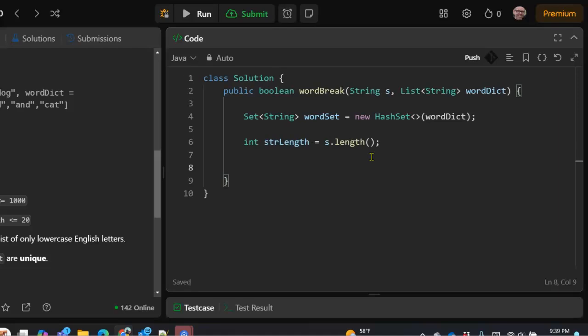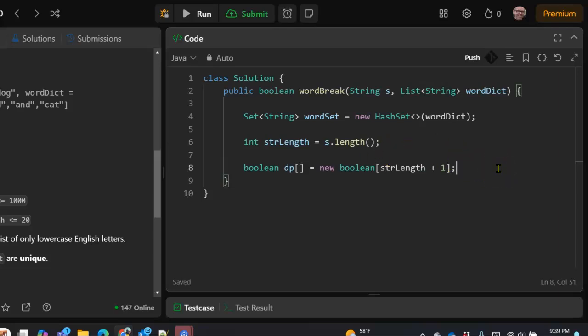We need an array. It's a boolean array, and it's going to keep track of possible word breaks. Let's do it like this. Boolean, this will be the dynamic programming array, boolean dp equals new boolean of strLength plus 1.